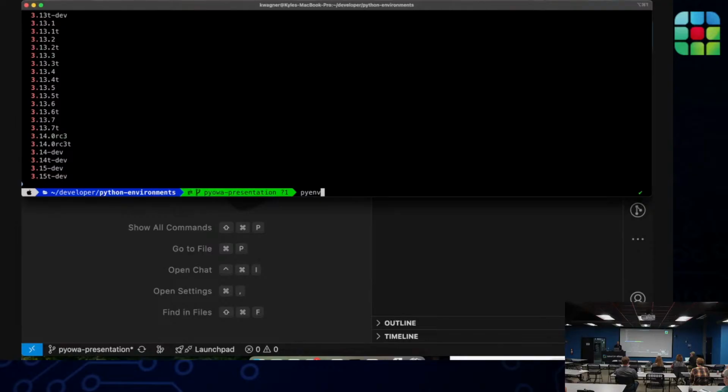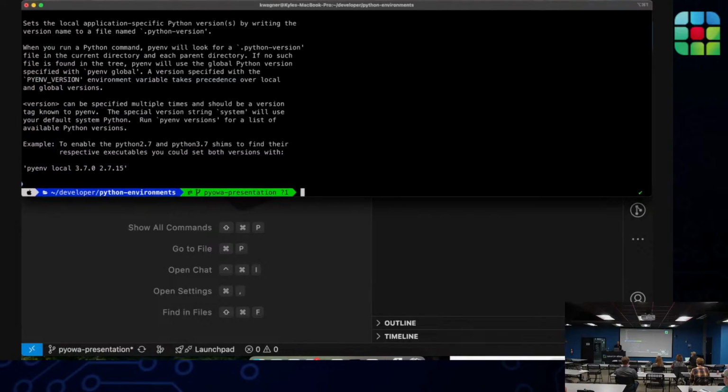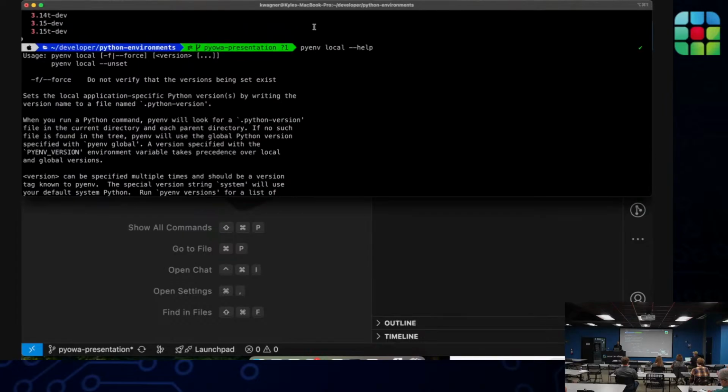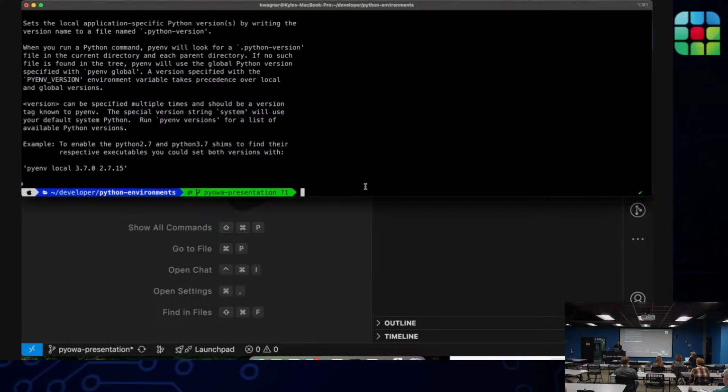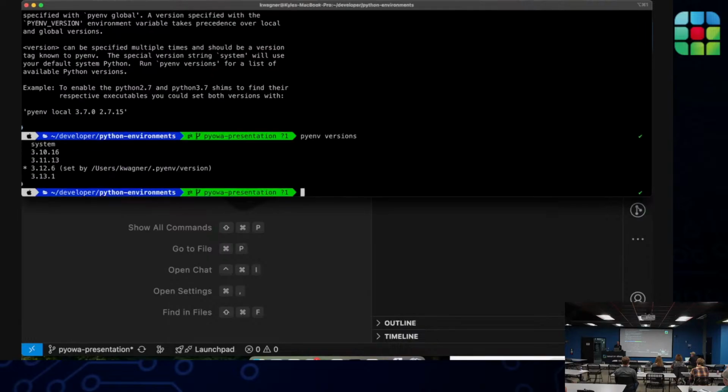You can do that with the pyenv local command. So you pass in pyenv local and a version. So pyenv versions to list the ones that are available. Let's set a local version here of 3.10.16.